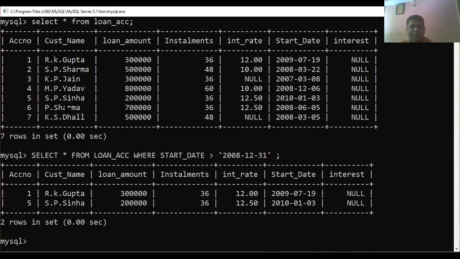That is SP Sinha, 2 lakh, 12.5, and this one will appear. Then the sixth record is not fulfilled with the given condition, again the 2008 month is less than that. And next one again the month is less than that, so it's not going to fulfill because here it is greater than.